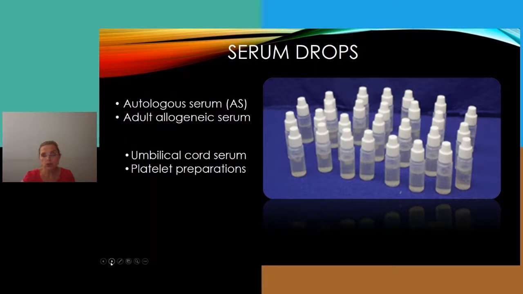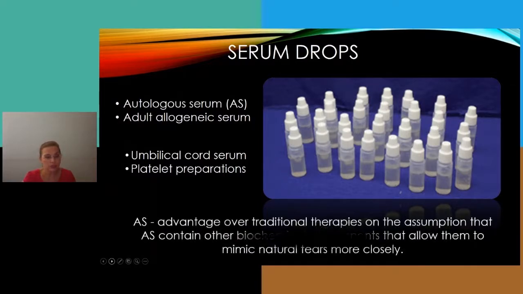Either put in those small bottles or put in small vials or put in a variety of different means that we can use in different countries. Autologous serum is one of the biological treatments that we apply more and more in patients with aniridia. Also, we can use allogenic serum. However, this probably is not a very good idea, and I'm going to show you why. And we can use a variety of different preparations.